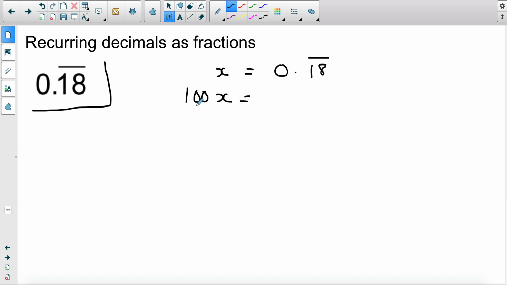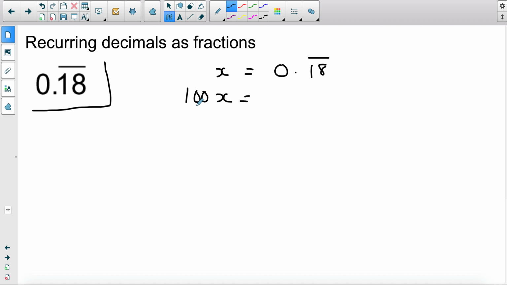Because I have 3 decimal places now, I need to shift this decimal place 3 times. So I need to multiply by 1,000. So I will get 123.123123 recurring. So again, make sure you're multiplying by the correct multiple of 10. If you only have one recurring decimal, so 0.333 recurring, you only multiply by 10, which is probably what we did in class. Then you subtract these two numbers, so you have 1000x minus x,